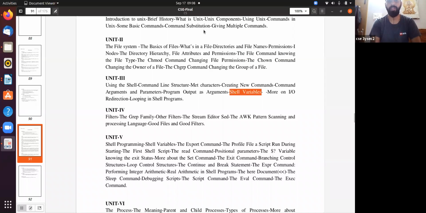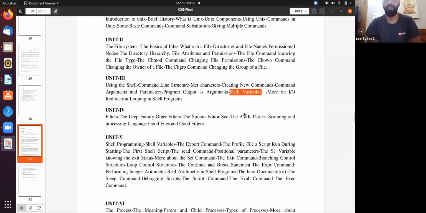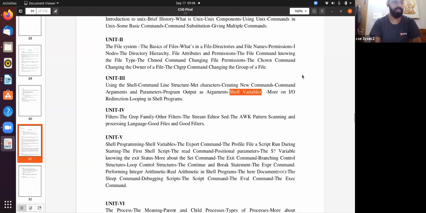How can we identify that storage area? By using a name. That name we call a variable name. For example, I am defining a equals 5. That means 5 is stored in one location in memory, and that location has some address. Now how can we access that variable? Not by using the address, which is not convenient for the user. We access that location with the help of the variable name.